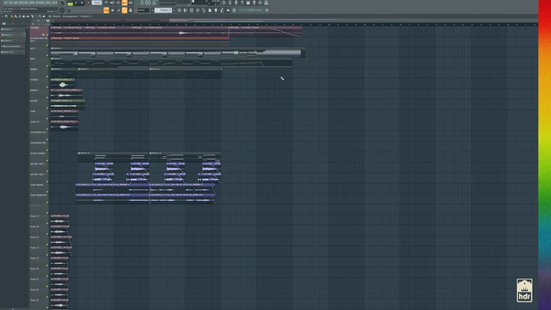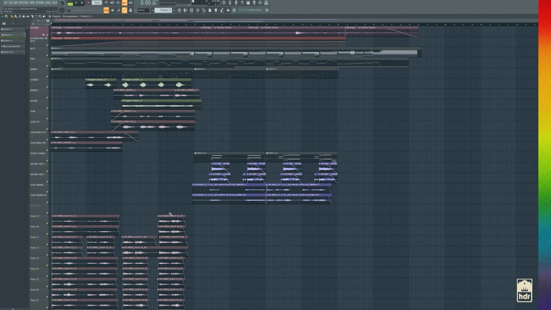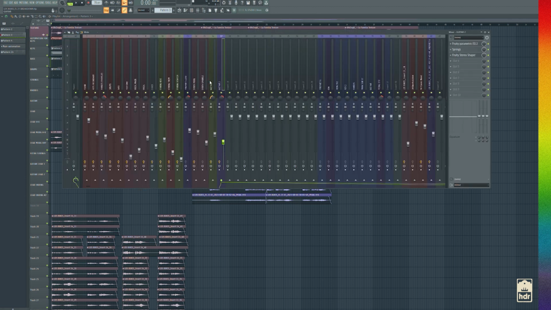So again, just not overthinking it. I didn't want to add more stuff just for the sake of adding stuff. I decided to leave it completely open, because I feel like there were already enough layers happening in the rest of the sample. Maybe an open part would be nice to have. But as far as this sample, that's pretty much it. It's about 17 tracks in total. This is a bunch of extra stuff that I didn't really use,